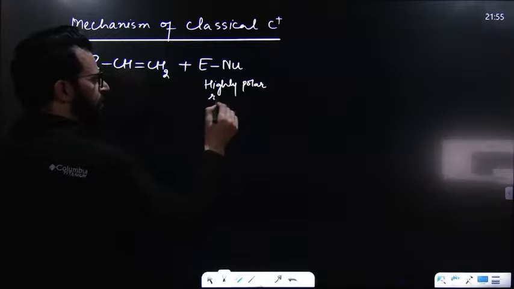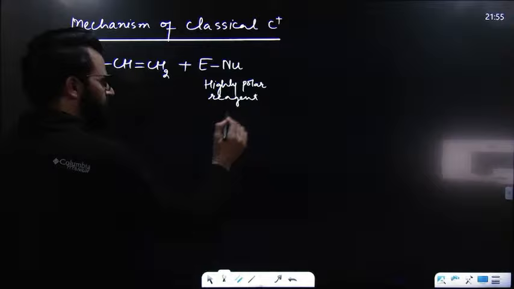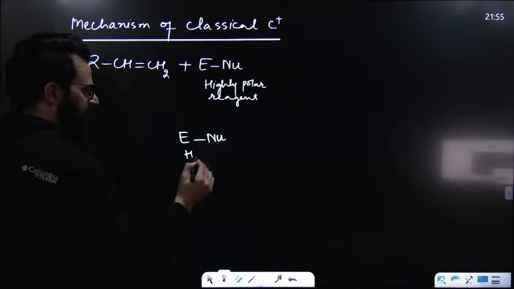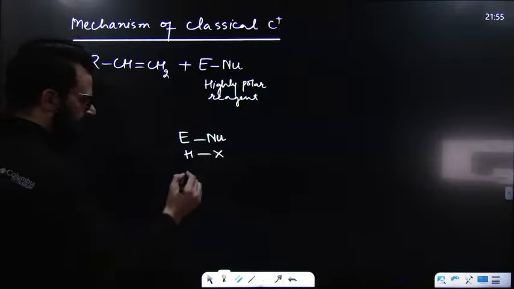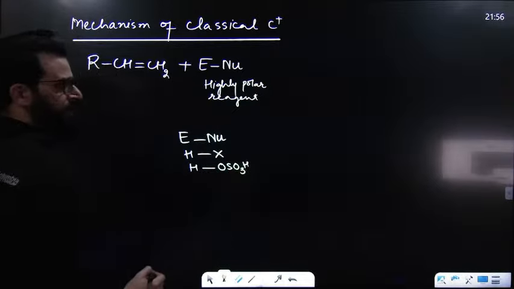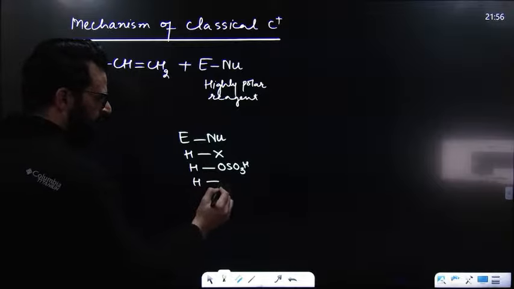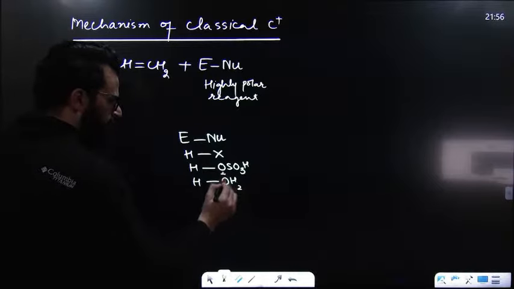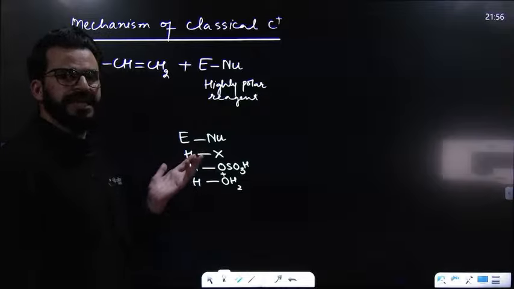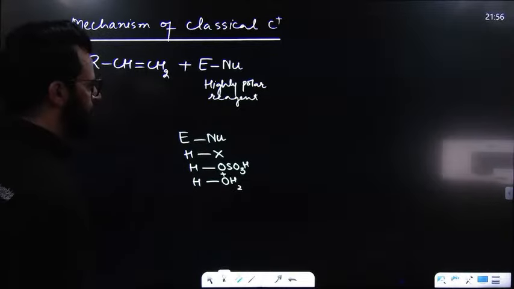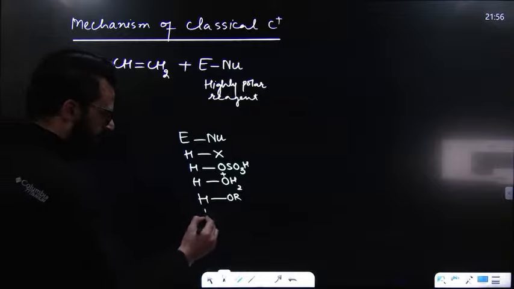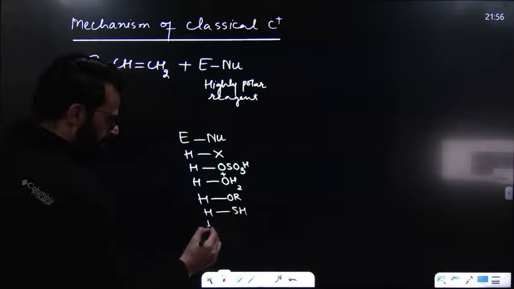And for that, we must remember this one. If this is an electrophilic part and this is a nucleophilic part, then it can be either HX, I mean a halogen acid, or HOSO3H, I mean H2SO4, or H3O positive, but in H3O positive, it is the H positive of the acid which acts as an electrophile and water will act as a nucleophile. Similarly, if I write HOR, that means alcohol,